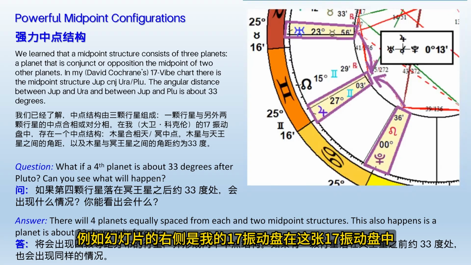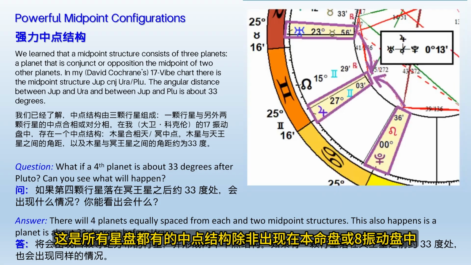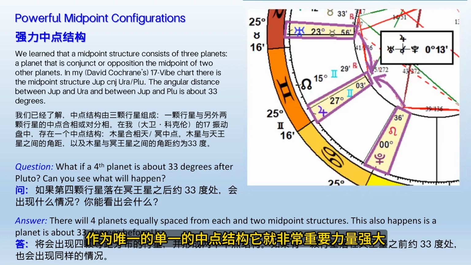In my 17 vibration chart, I have Jupiter conjunct the Uranus-Pluto midpoint with a 13-minute orb. This is the kind of thing you'll see in almost any chart, a midpoint structure. In itself, it's not that dramatic, unless it's in the natal chart or the eighth vibration chart. But if it's in a vibration like 17, it's just one midpoint structure. It's important, but it's not extremely